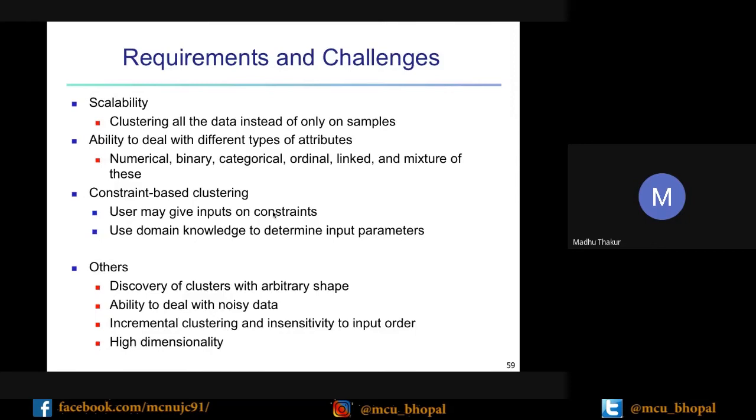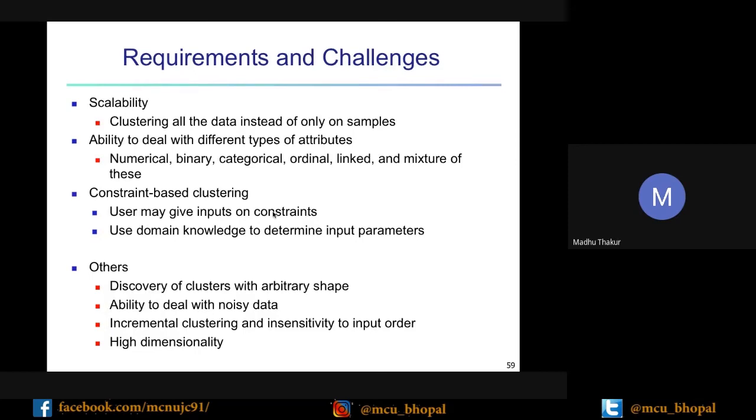Requirements and challenges: scalability, again, means clustering all the data instead of only one sample. Clustering is usually done for the whole data, not on a sample. Another is the ability to deal with different types of attributes.